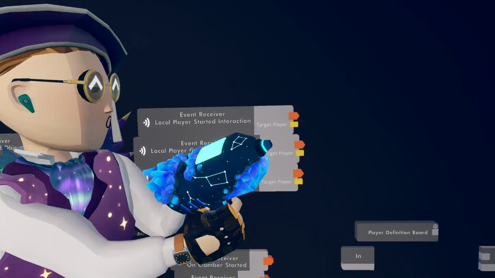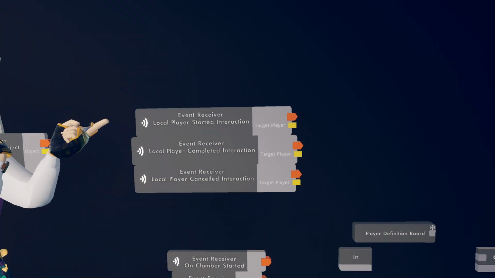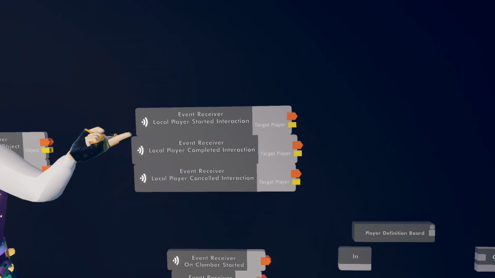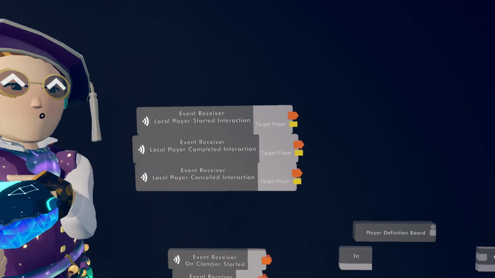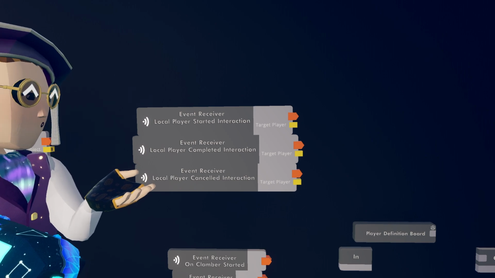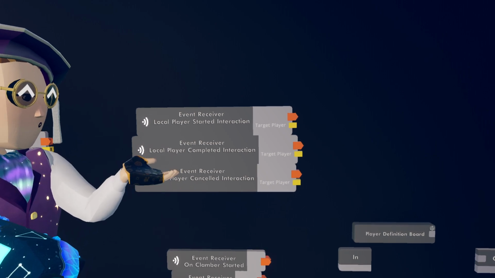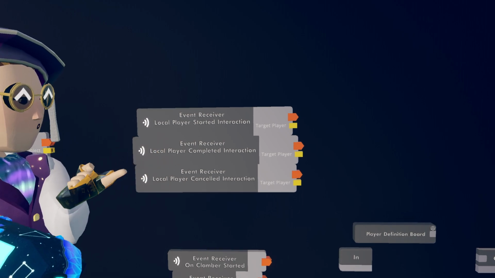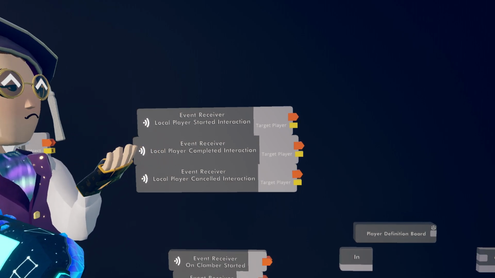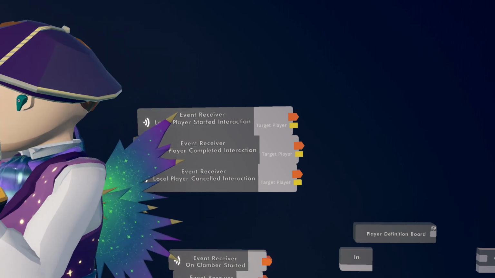And much like an interaction volume, when you first start to hold on them, it'll output this first event. If you cancel before the time is up, assuming you put a time on the interaction, it'll output the canceled event. And if you hold it for the full duration, it'll output local player completed interaction. All right.